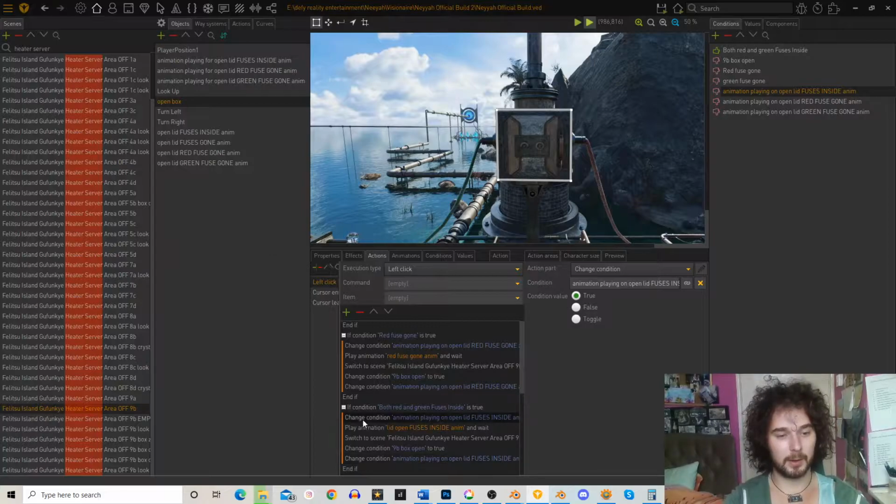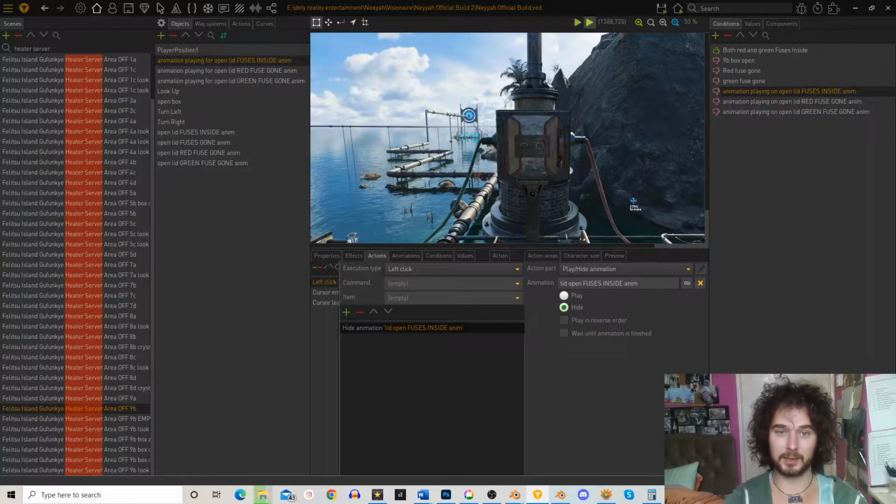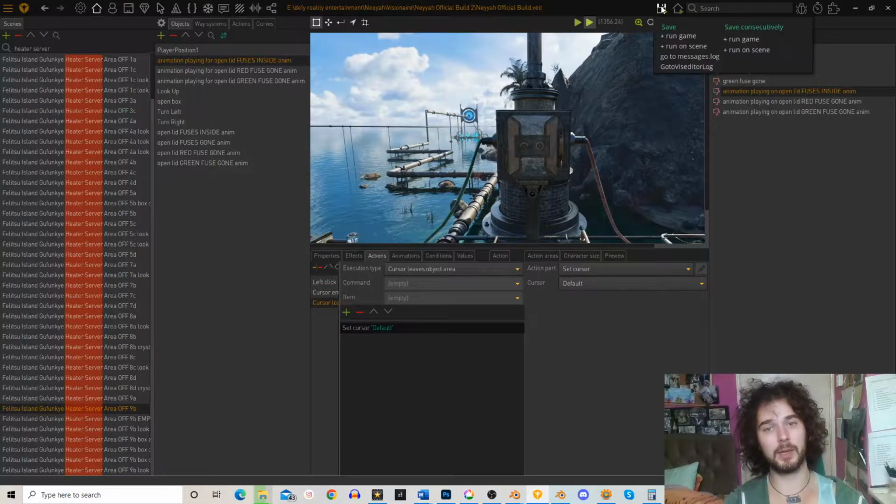So because it gets set to true upon the animation playing, it activates this action part here, which I showed you before. And upon a left click, once that action part is set, it will hide that animation that's playing. Obviously it needs to be the correct animation as well for it to work. Also the cursor is set to default. This is really good because